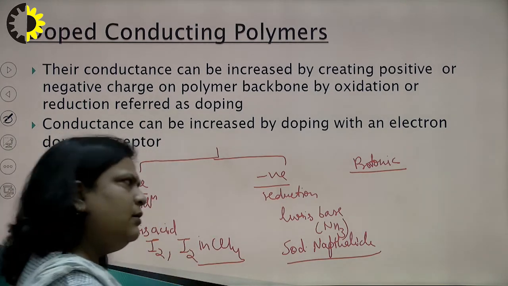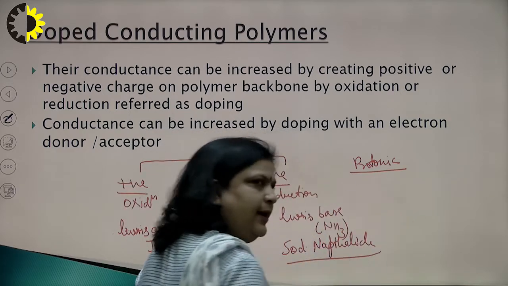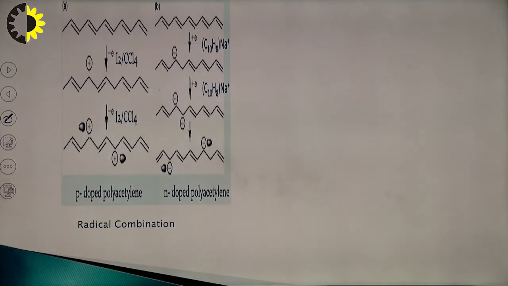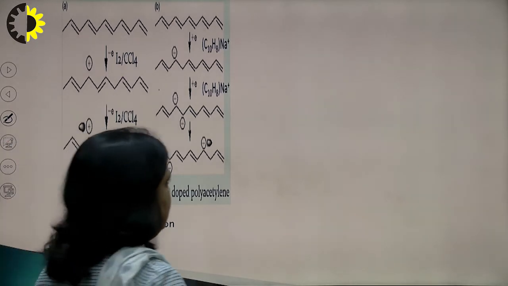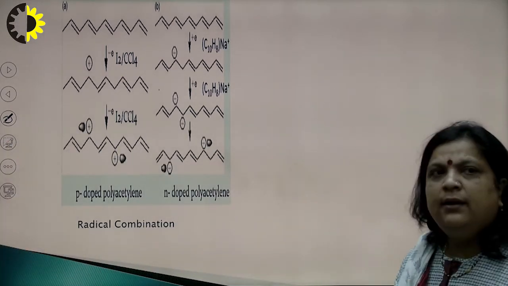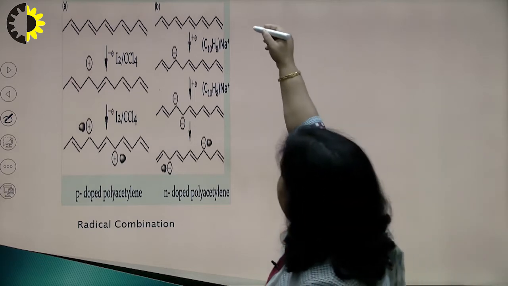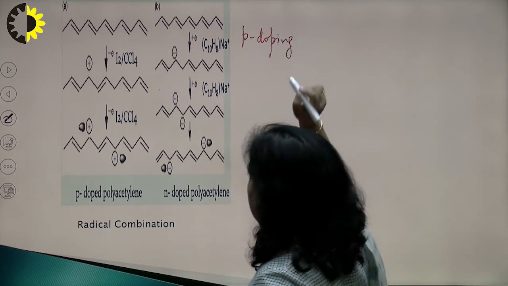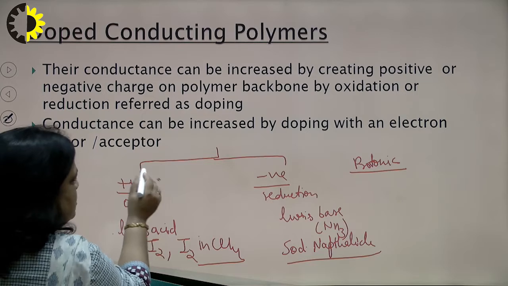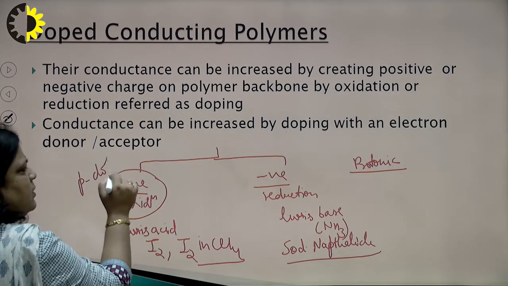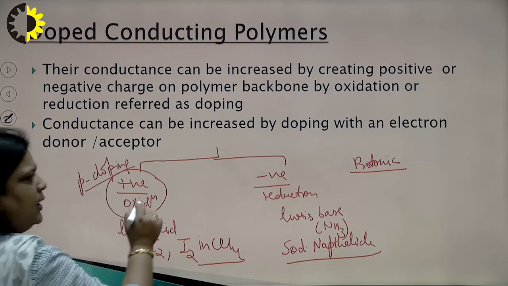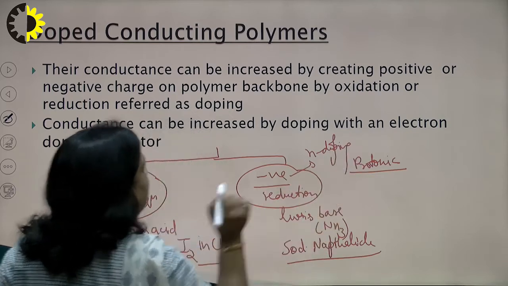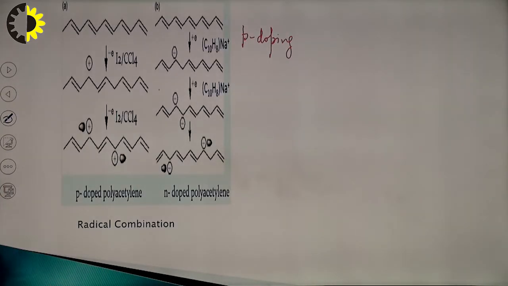And for protonic doping, we took a separate example of polyaniline. Now, how does this occur? This is common, but I will discuss this on this blank slide. So, first, let us take positive, which is called p doping. This type of oxidation is called p doping. P, remember this with positive, and the other system is n doping. So, first let us start with p doping.